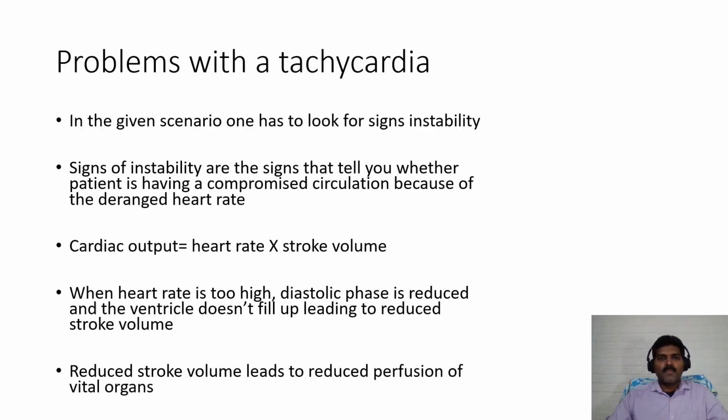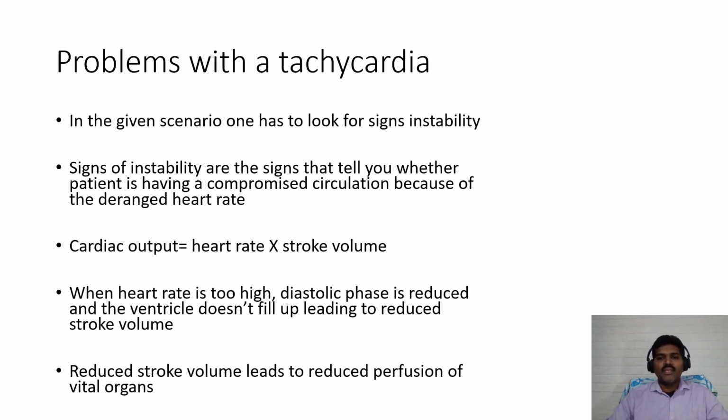So before going into exactly prioritizing and managing this patient, let's talk about what happens when the patient is having tachycardia or a tachyarrhythmia. In the given scenario, one has to look for signs of instability. So what are the signs of instability? Signs of instability are the signs that tell you that the patient is having a compromised circulation because of deranged heart rate. As you all know, cardiac output is heart rate into stroke volume. When the heart rate is too high,